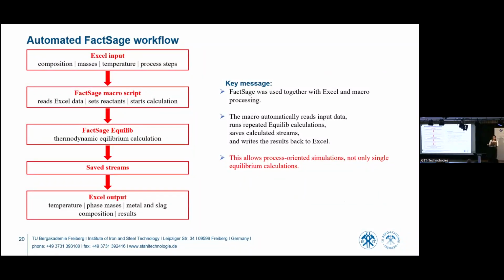In this work, FactSage is combined with Excel and macro processing. I used FactSage macro processing to build a step-by-step process model, and the model connects Excel, FactSage equilibrium file, stream saving, and automatic output reading. The input data were prepared in Excel. The model contains also the stream, and in FactSage I prepared separate equilib files for the relevant phases. And the macro script controls